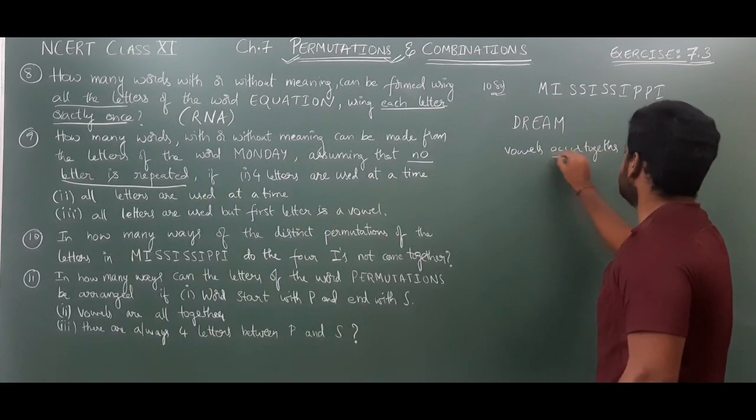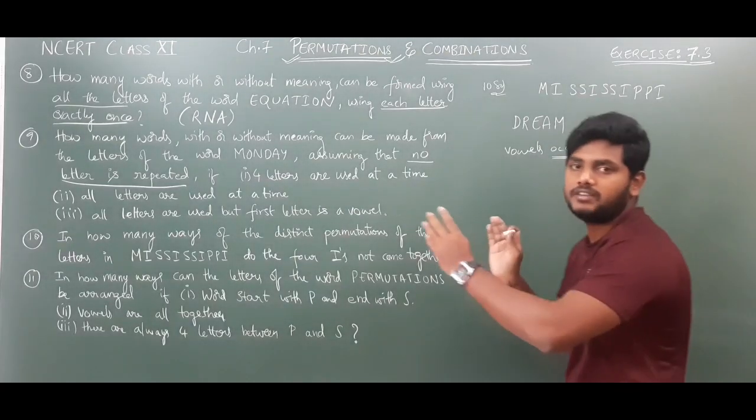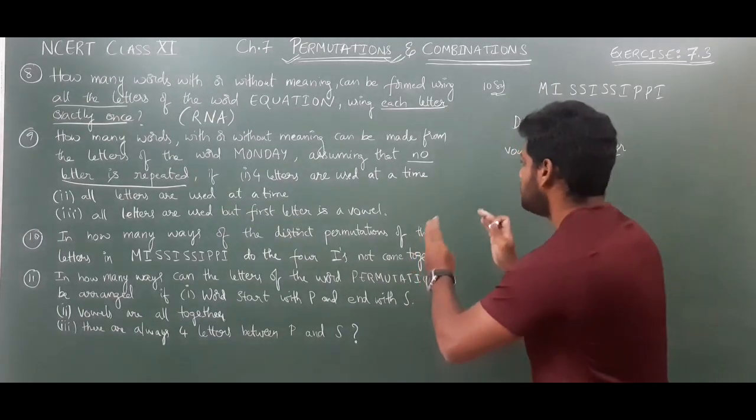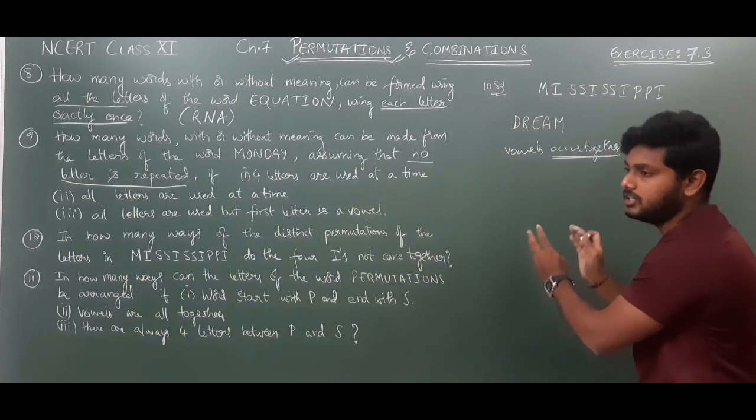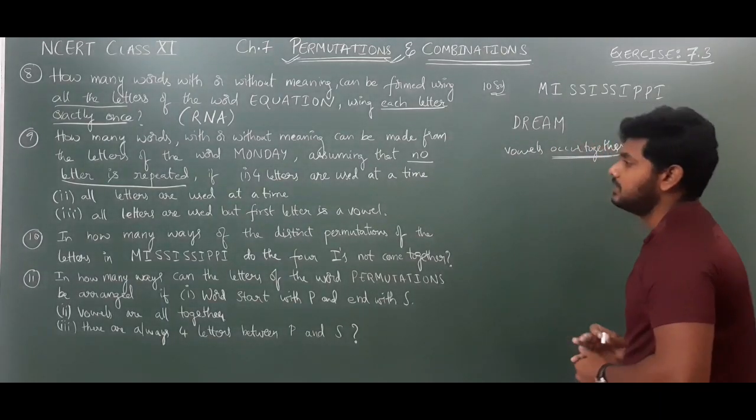Remember this word: occur together. Occur together means they should be at one place. They should be at one place, either at that corner, or in the middle, or at the first. They should be together. Vowels occur together. Like,